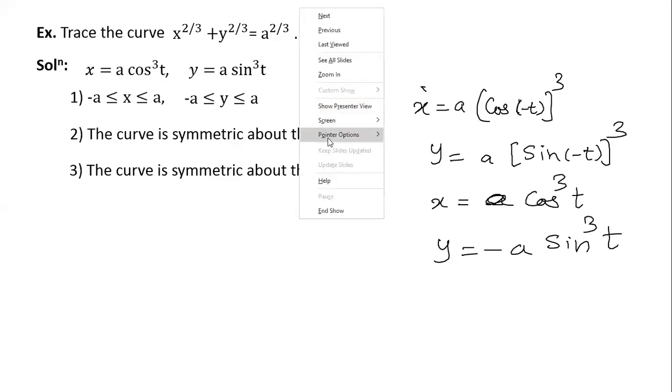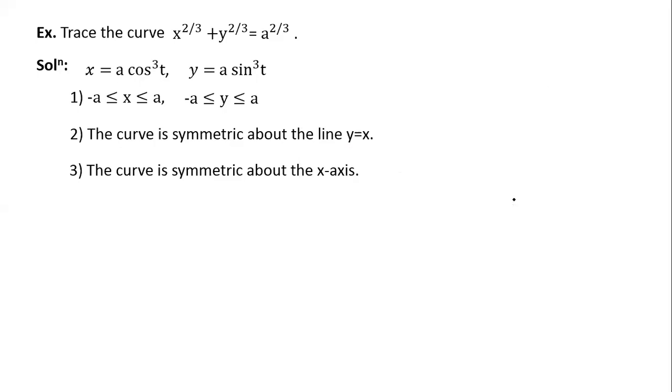So this was the property number 1 in case of parametric equation. Curve is symmetric about x-axis. Sorry, if I have said wrong, then let me correct that. On replacing t by minus t, x equation remains unchanged and y equation changes in sign. So the curve is symmetric about x-axis. Then property 2 and 3 are related to symmetry about the y-axis.